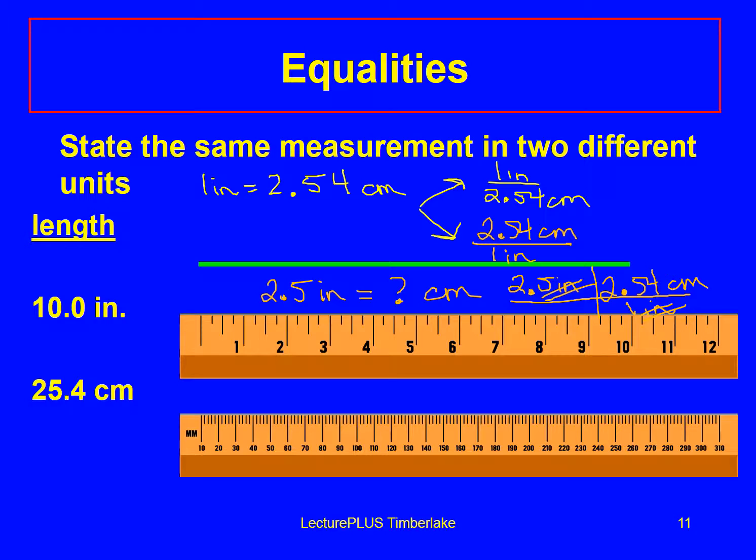Multiply 2.5 times 2.54, and you're going to come up with 6.35. And you should always include the unit that's left there. I'm running out of room there, so 6.35 centimeters. Let's try another one up here. Let's say we were working with